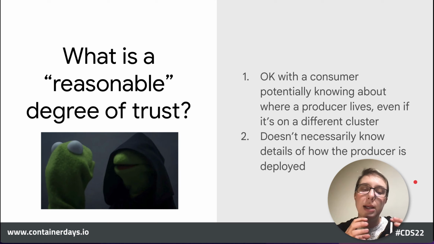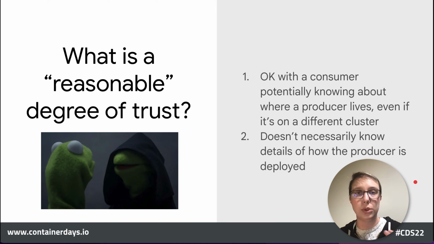So whereas the cluster boundary is a hard isolation boundary, using these multi-cluster tools and technologies, some of which I'll be covering today, still provides some permeability between those clusters in terms of being able to know enough about the other clusters' Kubernetes API objects in order to do something like service discovery, in order to hit the service that's being exposed from blue cluster, from green cluster, right?